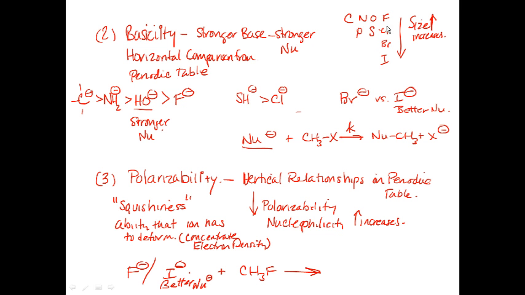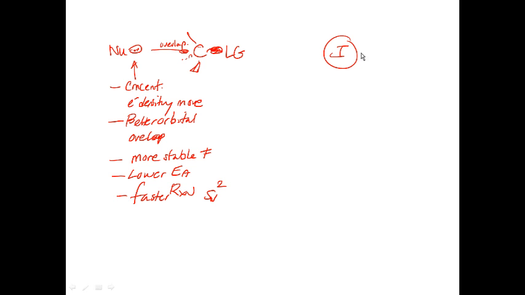So the bigger the ion, the more likely you are to be able to deform your clouds and put some extra delta minus charge where you need it. Iodine is able to do that because those valence electrons aren't held to the nucleus as tightly, so you can really squish the iodine ion and come up with an area of